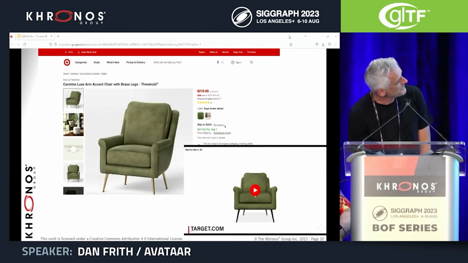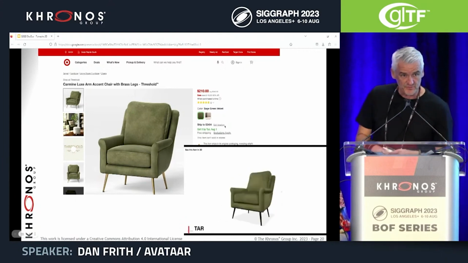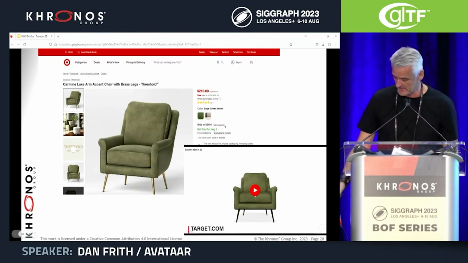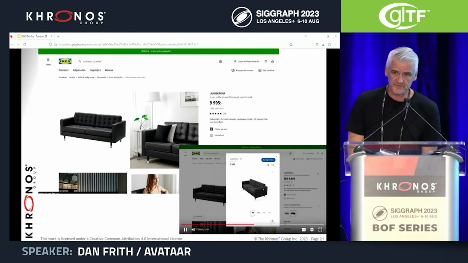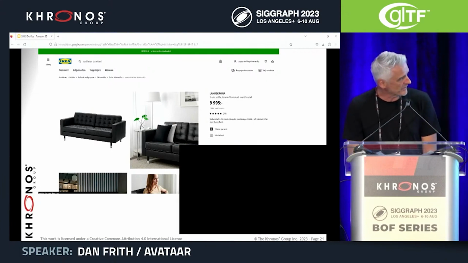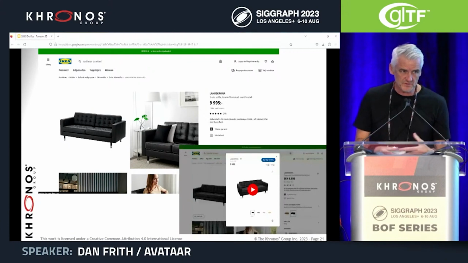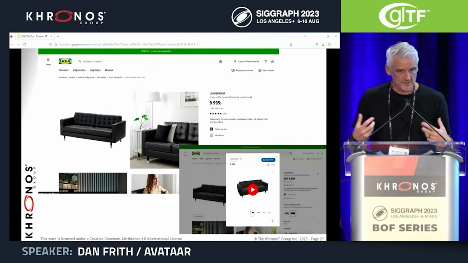Okay. So for example, with Target, you can go on their website, click on a lot of their products, and see 3D representations of those assets, and of course you can often see those in AR. And like IKEA, as I said before, who have been doing it for years. And we've seen a huge amount of conversion and retainment on websites when people are using 3D